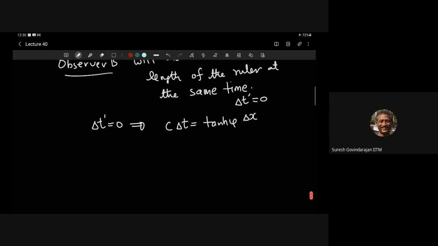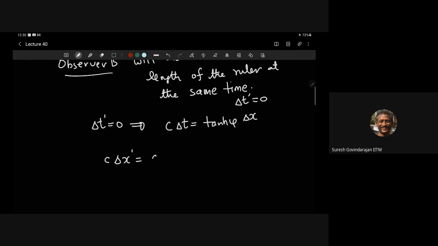Further, we want to ask what is delta x prime, so c delta x prime will be equal to